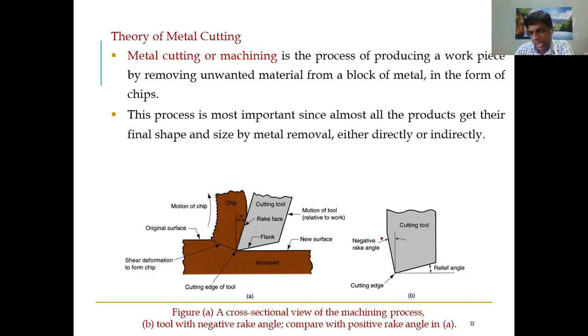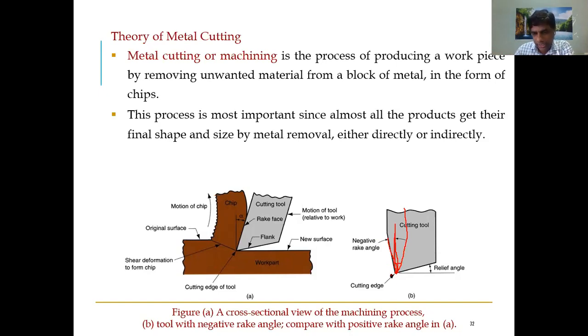The rake surface, the face of the tool, normally in every tool is inclined like this, and that angle is considered a positive angle. But here that angle is not there; if the face is vertical, you have a rake angle of 0. Here the material cutting face is extending the line, so the angle comes in the other direction. This type of angle is called the negative rake angle. It is still a rake angle, but with a minus value.